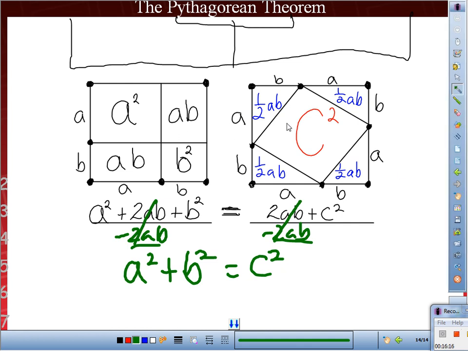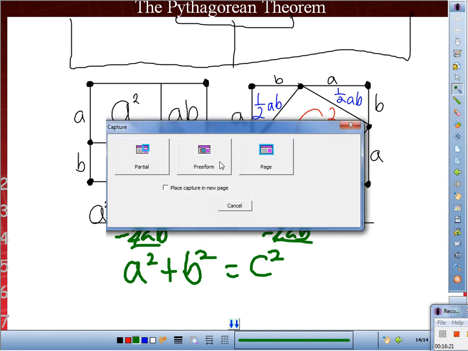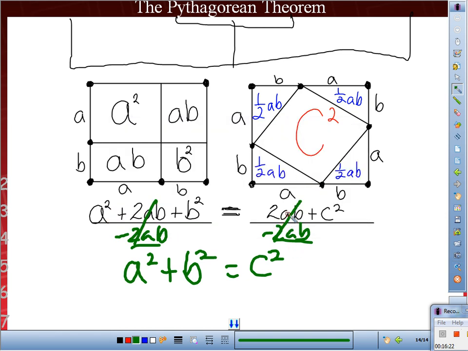So what did we use? Area model. So what did we find? Check this out. On this one, what did we take away? 2ab, is that correct? So that means we took away all the triangles, didn't we? So watch, if I take out all the triangles,